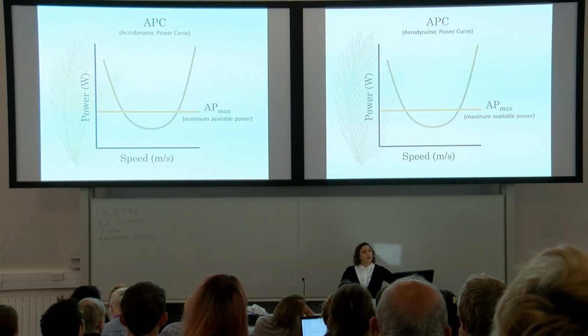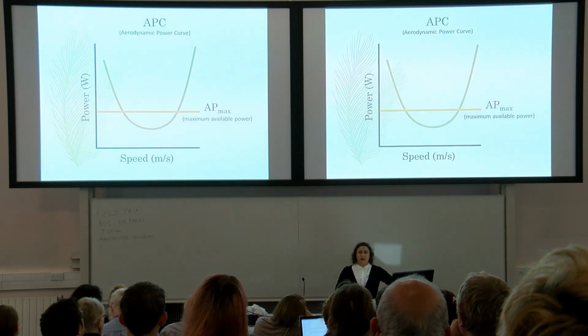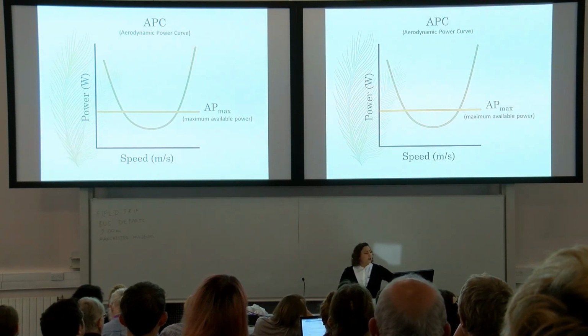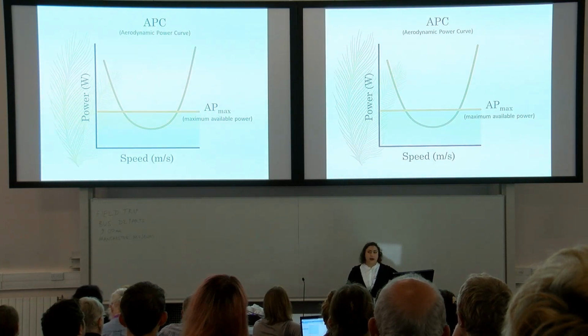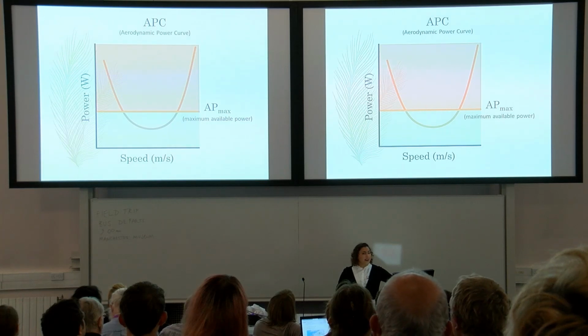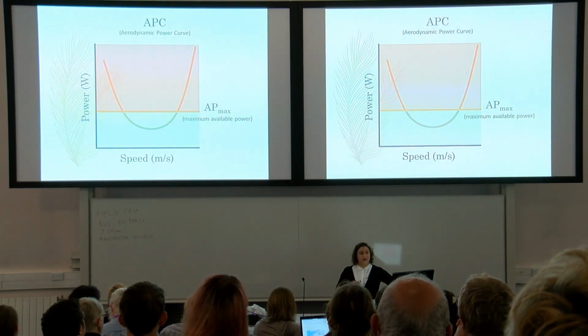Now, the most fundamental concept, which is also the most important for this presentation, is whether or not the bird can actually fly at all. Because while the bird can fly at speeds below this maximum producible power line, it can't fly at speeds above the line. So quite simply, if the APC falls entirely above the AP max, the bird can't fly. Simple as that. So just to show you that this does actually work for modern birds, let's take a look